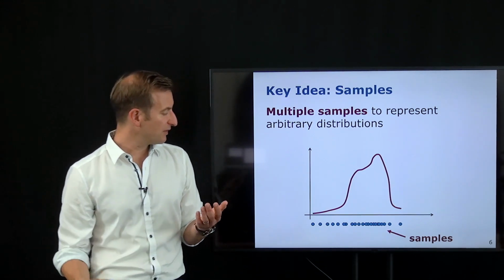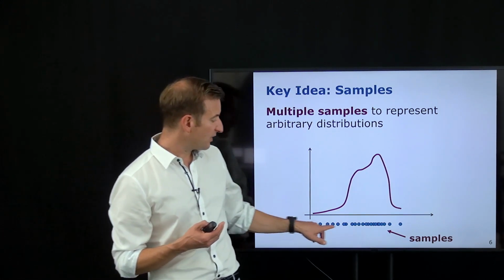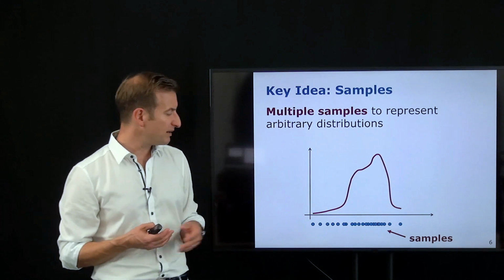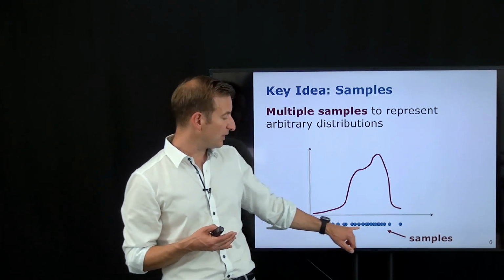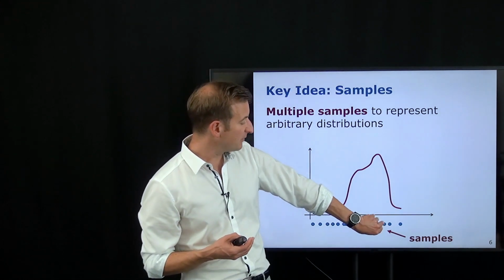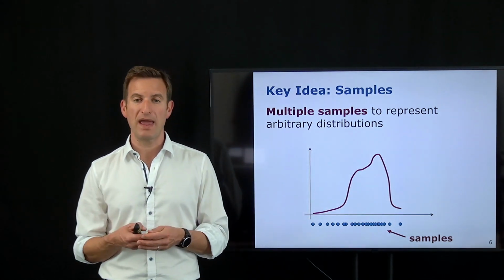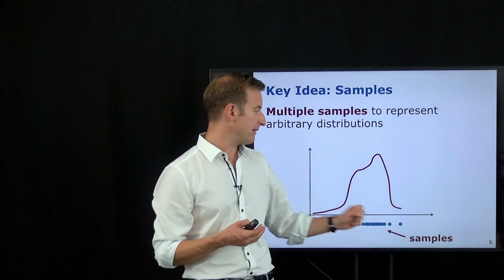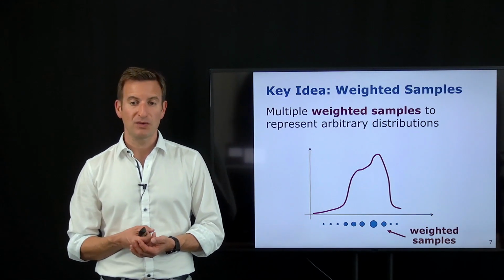We have to take care that the weights sum up to 1. In this case, it would be a uniform weight of 1 divided by j, if j is the number of samples, for example. So every sample here would have the same uniform weight. If we, however, make these samples which are located here larger, so we extend them and give them a higher weight, we may require fewer samples to represent that function in an appropriate way.